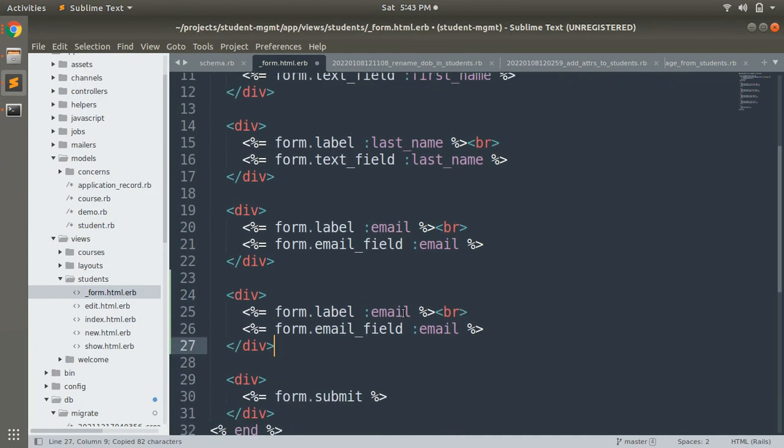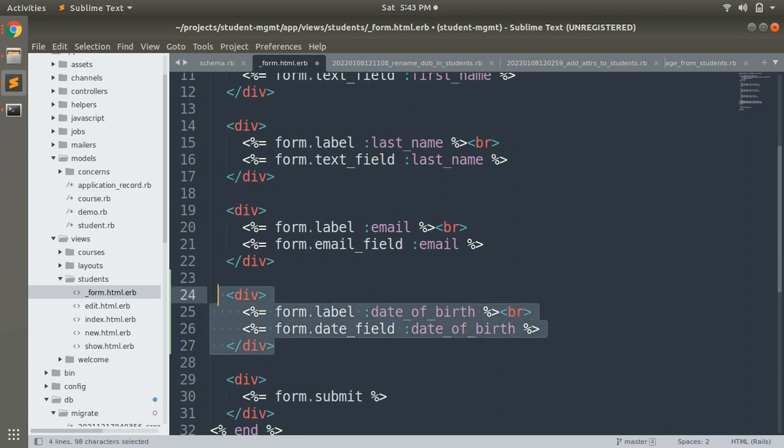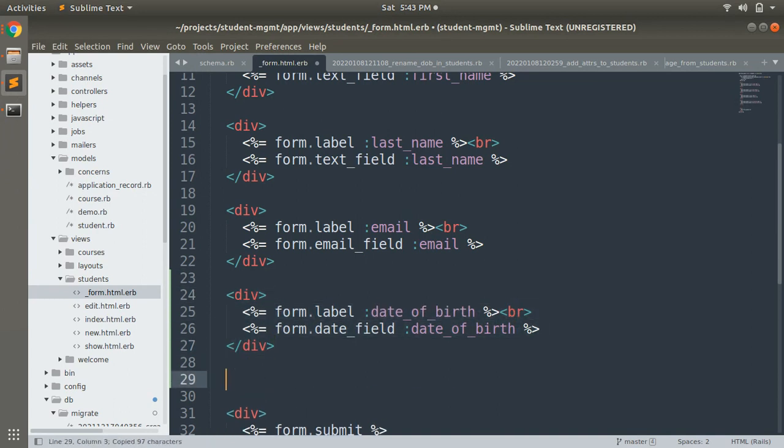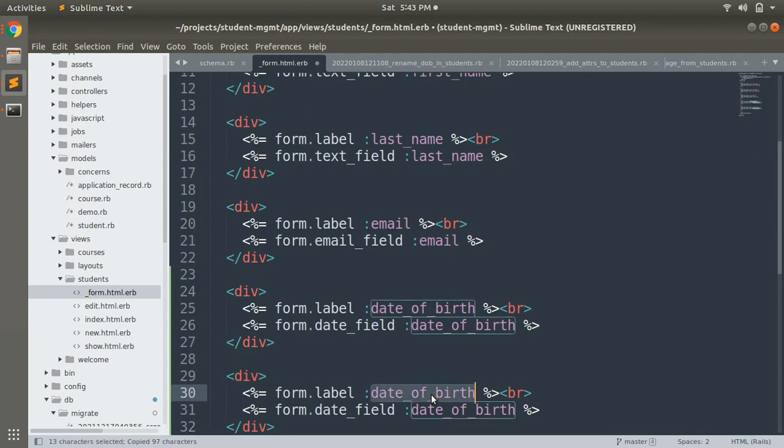Okay, and here you can write date of birth, and you can make it a date field for date of birth. Here, let's say date of birth, and just copy this again, and write address here, and here address as well, and make it a text field for accepting address.